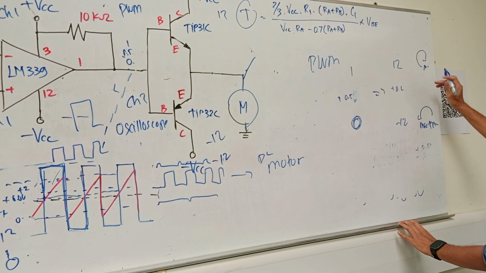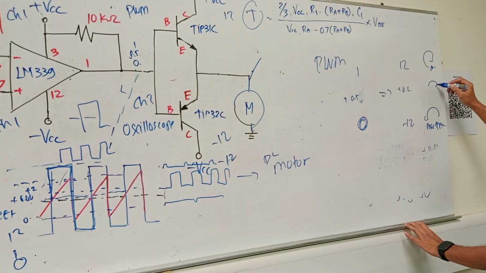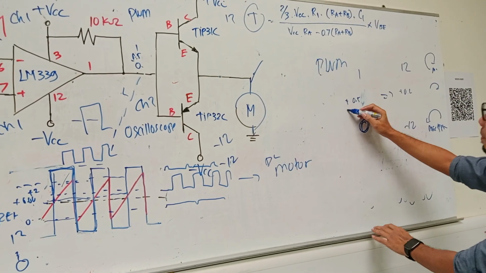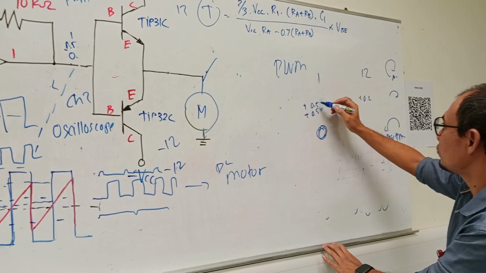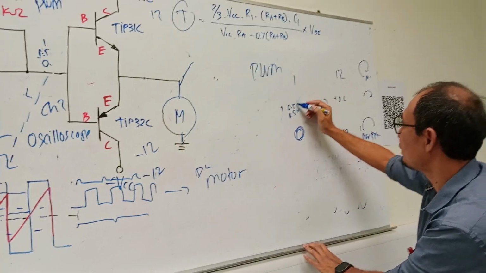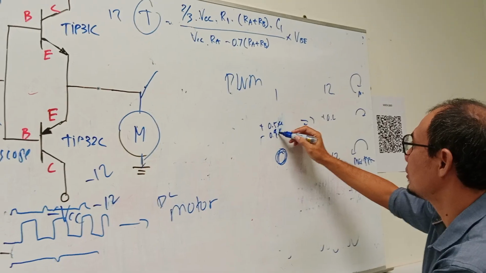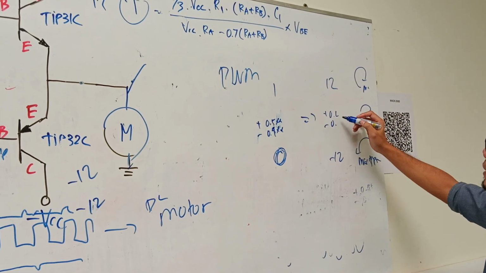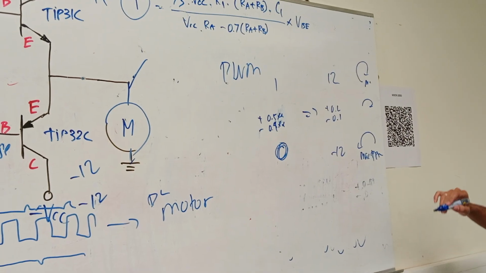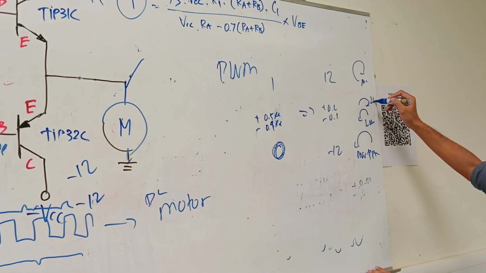This means it's almost slow, very slow, but in the clockwise direction. Minus 0.5, for example. Maybe this one is 0.5 something, and then this will be 4 something, because you can see like this. So it will be minus 0.1. Okay, and then it will be anti-clockwise with a low rotation speed.